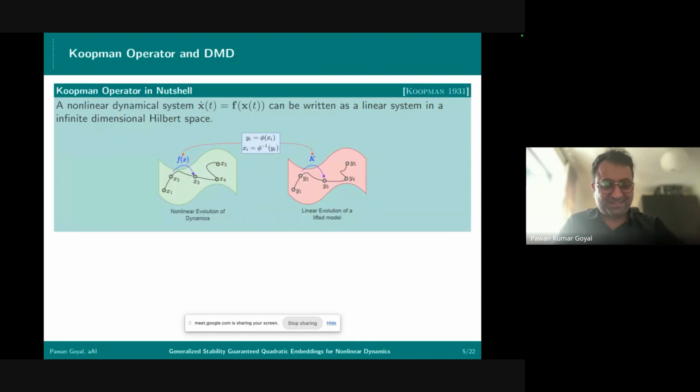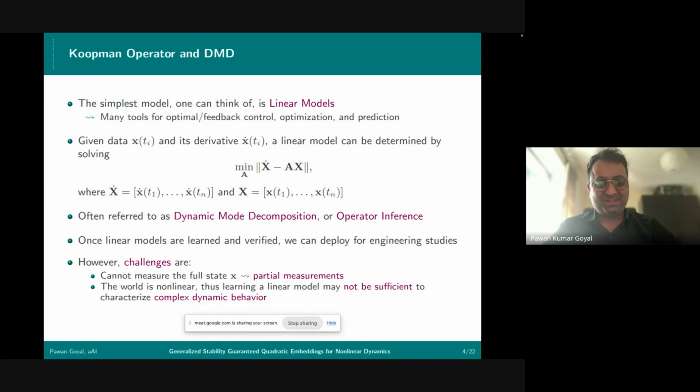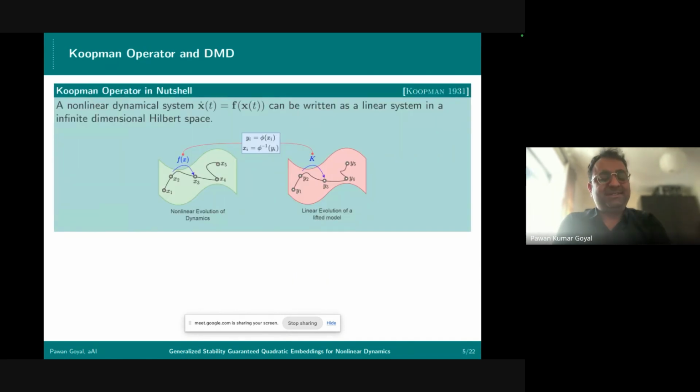So as I said, linear dynamical systems may not be enough to capture complex dynamical behavior, but still we would like to have something like linearity. And for this, a lot of work is going on nowadays on the Koopman operator and dynamic mode decomposition. I would like to give a glimpse of the Koopman operator and what it is